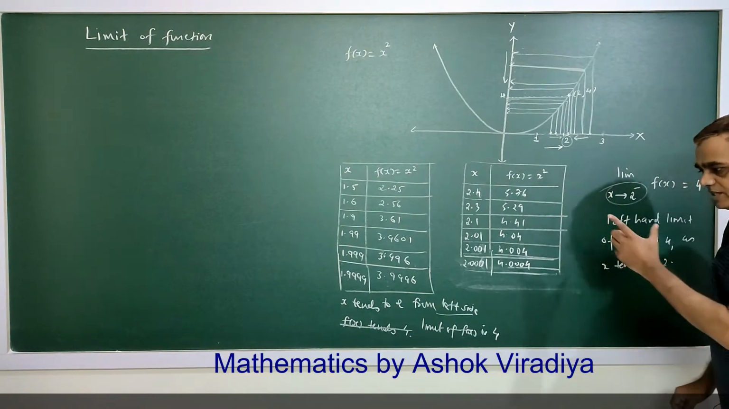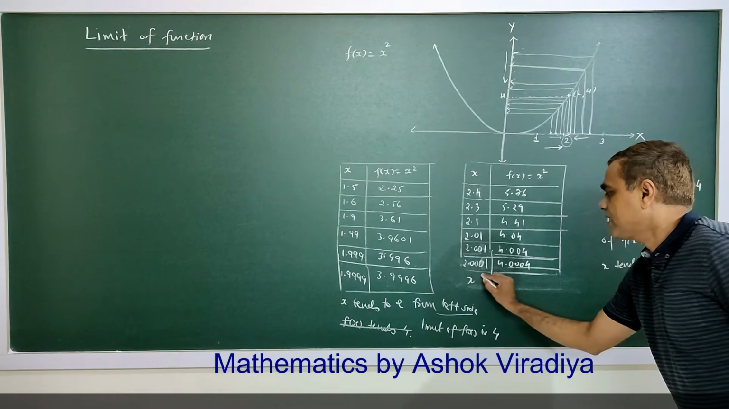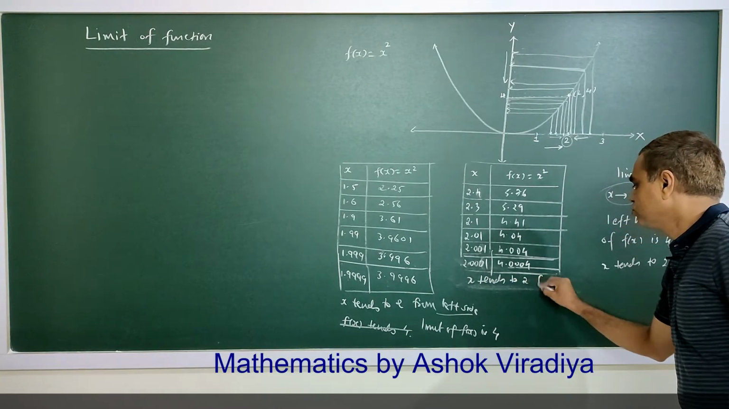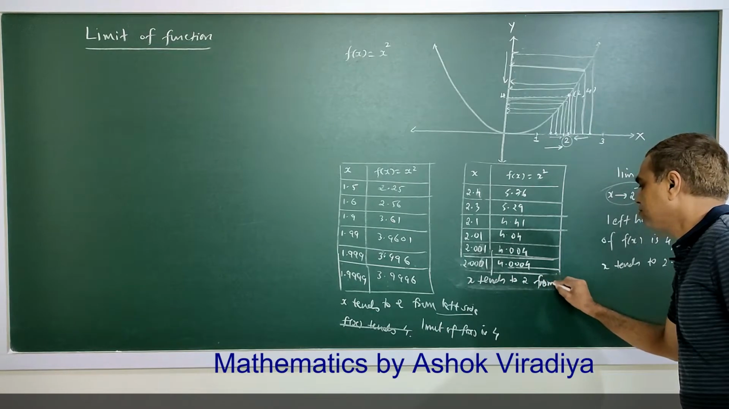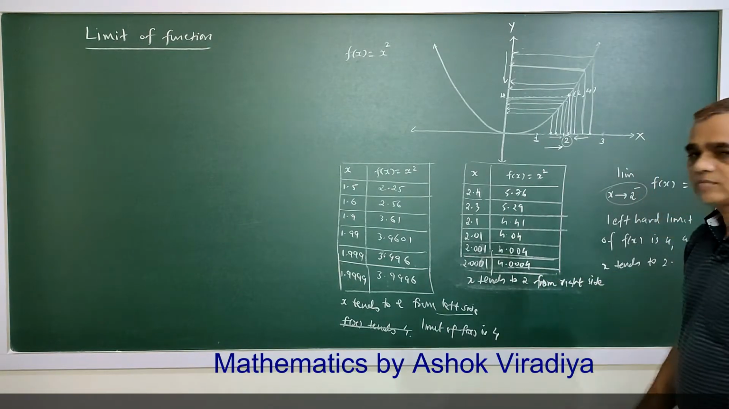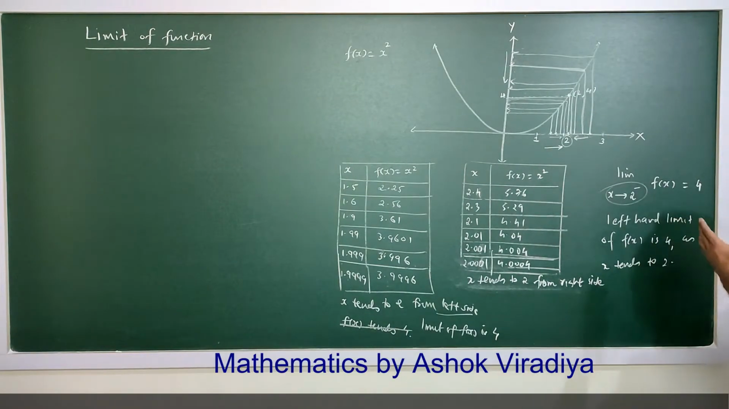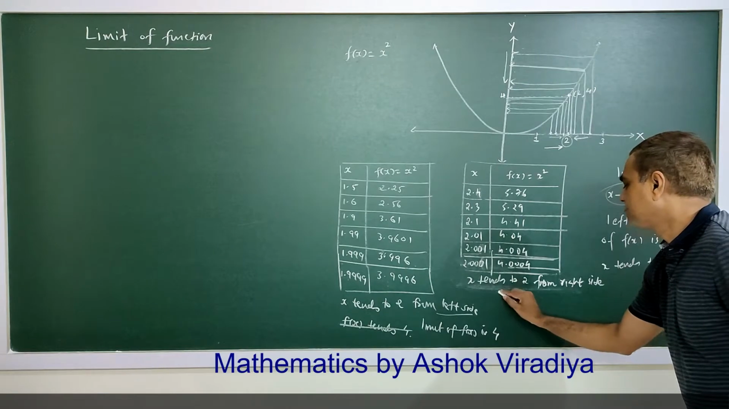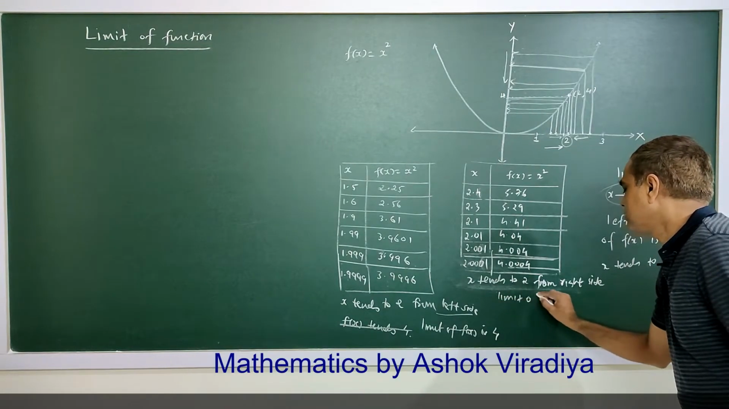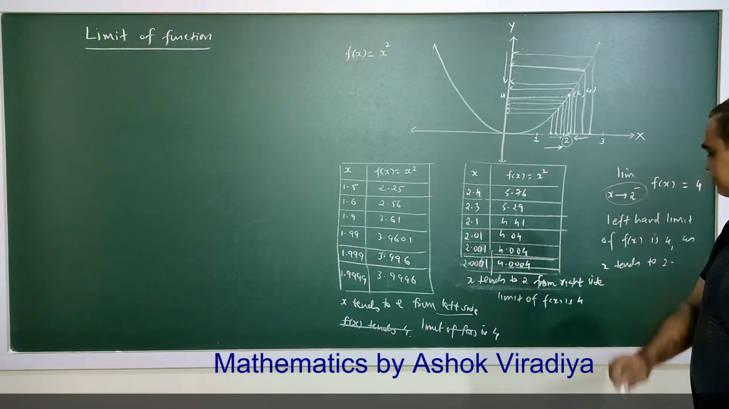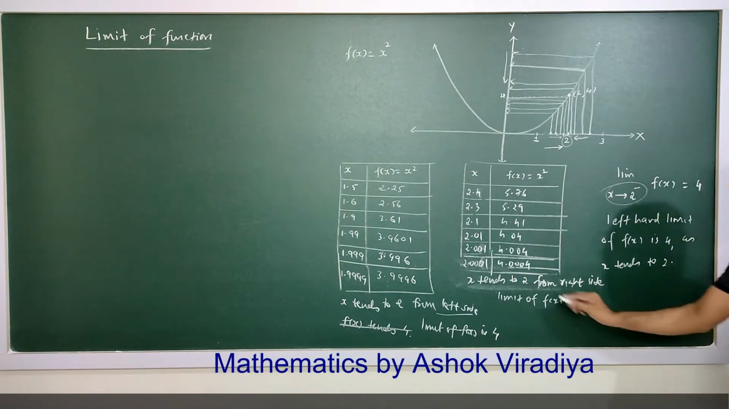So this means that as x tends to 2 from right side, limit of f(x) is 4. So this is the meaning of